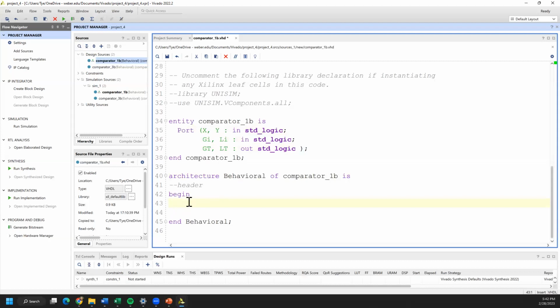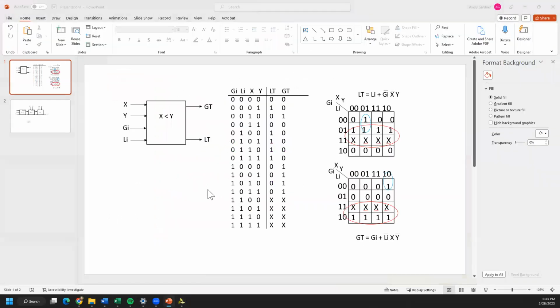So my output, LT, gets assigned to, I'm not going to say equals because we need to use this assignment statement. Equals without this less than sign on it is a question. It is asking if two things are equal to each other. This, however, is assigning a value to LT. It is taking whatever I put on the right side and pushing it into LT, which is connected to my port up here of an output, and will make that value asserted. Excellent. So that equation, again, is